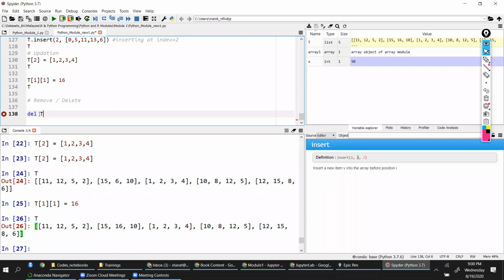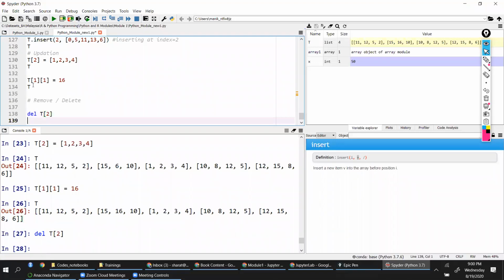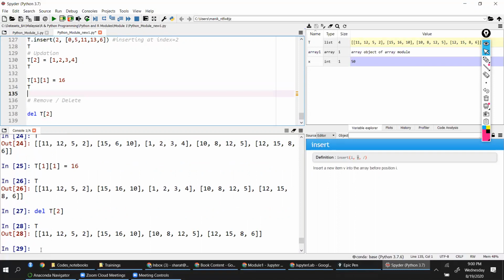Okay, first let me try this. T of, let's say 2. If I do this, this is gone. So you can say T here. That value that you had, 1, 2, 3, 4, will be gone. But another syntax, I forgot the syntax.